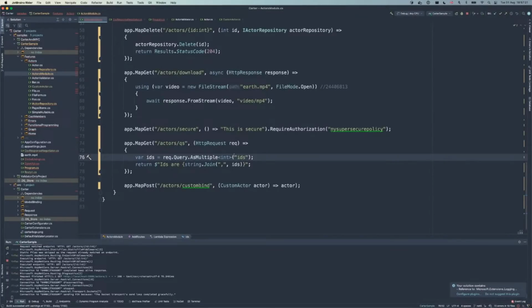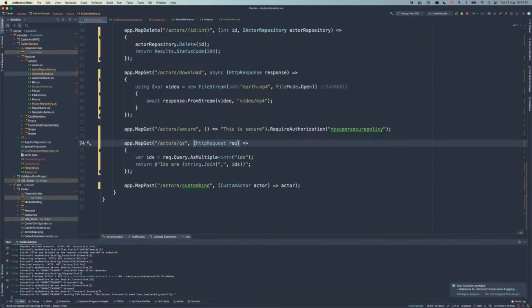This is something that minimal API doesn't have, because when you pass in a type here, at the moment it only uses simple types.